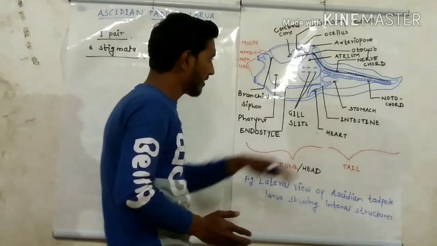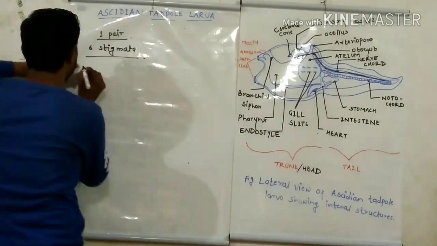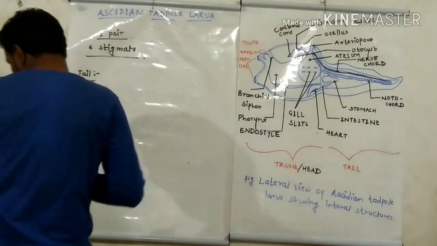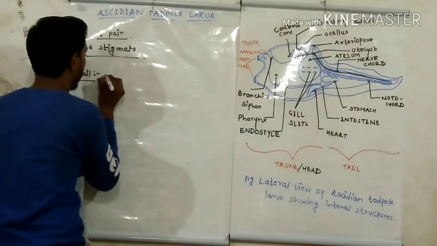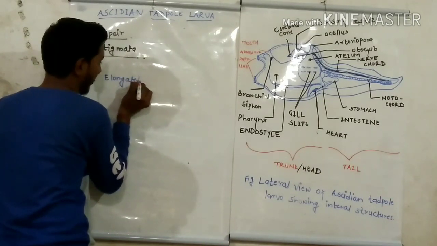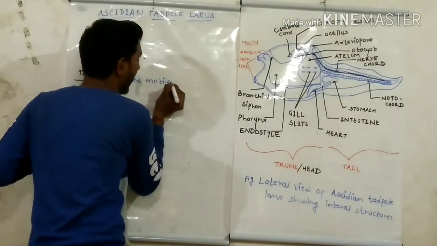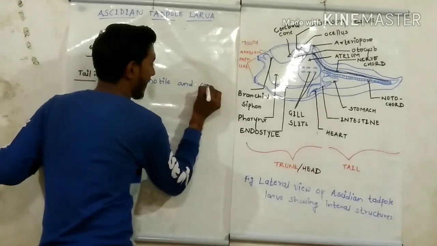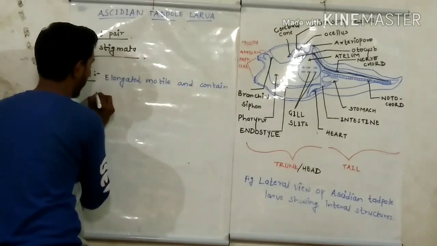Now we will come to the tail part. The tail of this larva is an elongated structure. It is elongated, motile, and it is the locomotory organ. It contains the notochord